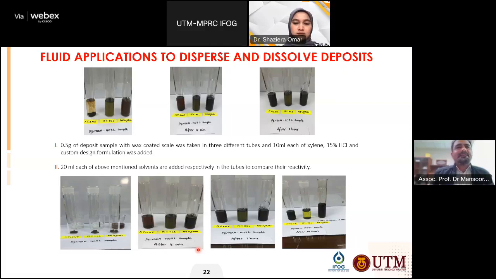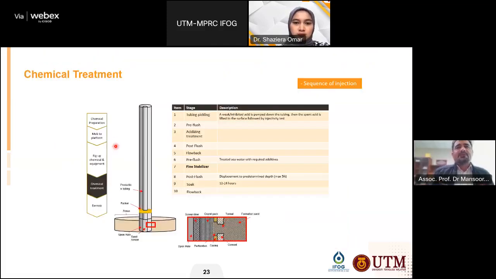And this is an example for a wax issue. Of course, we have a deposit, and we need to test this deposit with various formulations. For example, normally xylene will be used in order to dissolve wax and asphaltene, but all of you know that xylene is very carcinogenic, and there are also strict regulations in using this kind of chemical in well stimulation. Okay, so this is